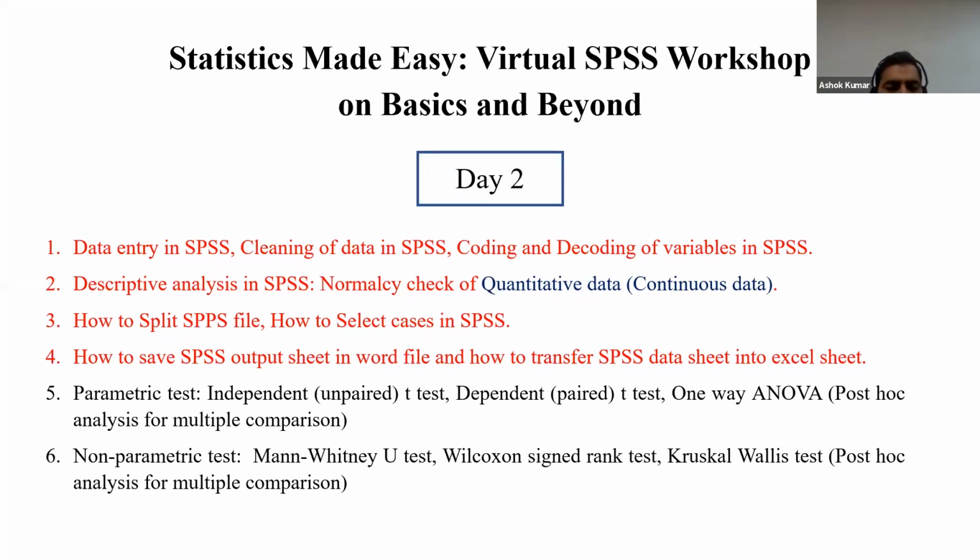So we have done, and today we will do data entry in SPSS, cleaning of data in SPSS, coding and decoding of variables in SPSS, descriptive analysis in SPSS, including normalcy check of quantitative or continuous data, how to split file, how to select cases in SPSS, and why there is a need to split and to select cases in SPSS. We will discuss how to save the SPSS output sheet in a Word file, how to transfer SPSS data back into